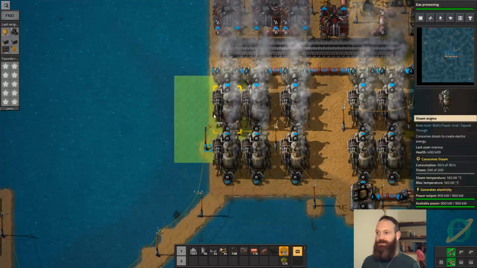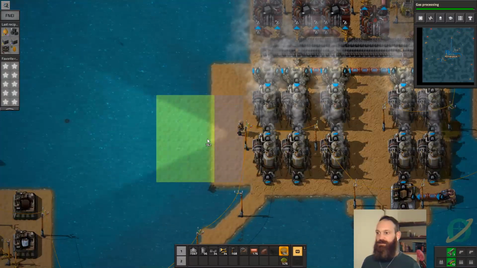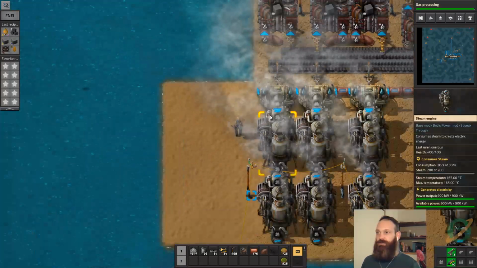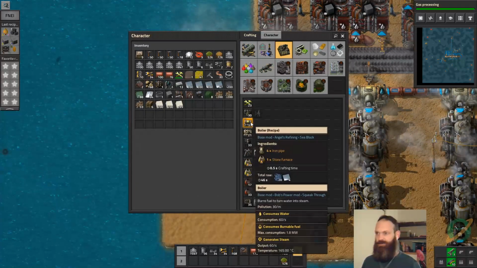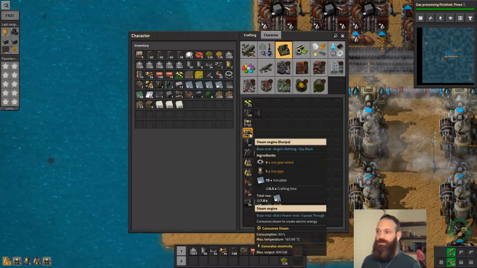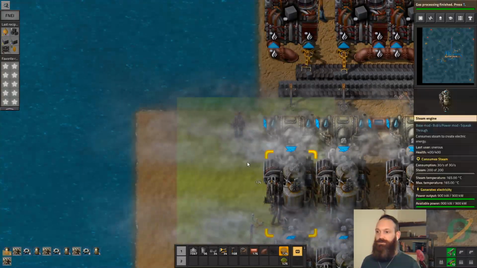All right, let's just do an expansion, something like that. 1, 2, 3 looks pretty good. All right, we need to build them. Like, why can't I build them? Because I haven't built them. Why can't I place them? Because I haven't built them. Let's build 2 more of these and 4 more of those. We'll also need to expand out